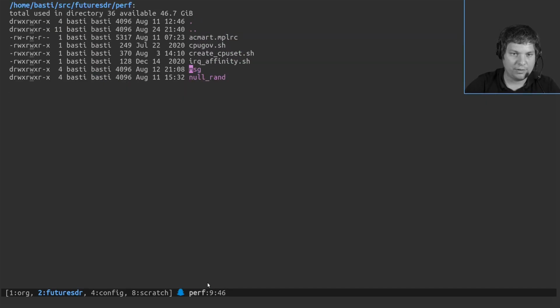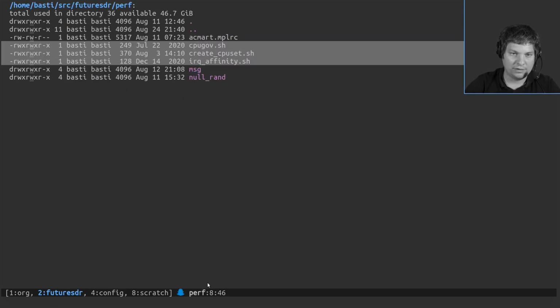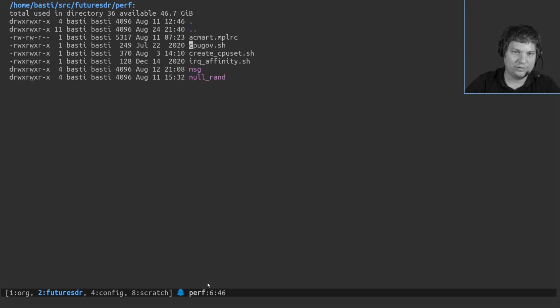And the only thing I wanted to mention is that there are also some kind of setup scripts where you can set the CPU governor to performance, for example. So try to get maximum performance out of it, even though there might still be thermal throttling or whatever, but that's at least the best you can do. Then it creates a CPU set. That means it sets aside a bunch of CPUs, migrates all the processes away from it, and then you have some CPUs only for your benchmarks without a lot of interference from other processes or whatever else might happen on your system. And you also try to migrate or map interrupts to other CPUs. That's not possible for all interrupts, but at least you try.